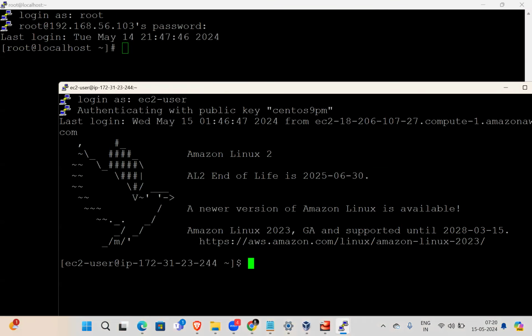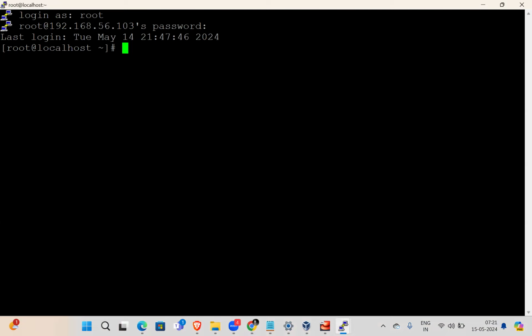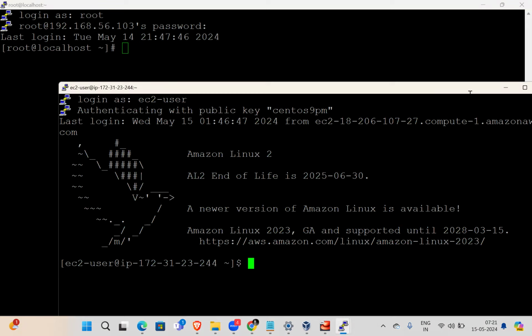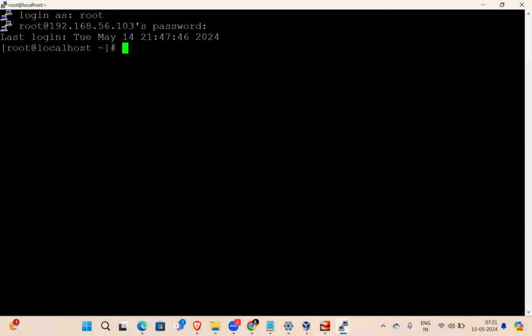So as the root user, we can log in on localhost because root login is not blocked on our local virtual machine. But in AWS, it is blocked. Where can we see whether the root user is blocked or not? We can check it in the configuration file. What is that, guys? vi /etc/ssh/